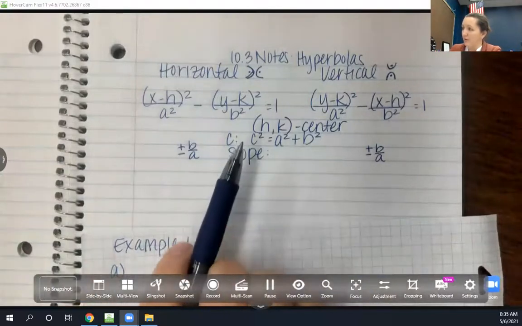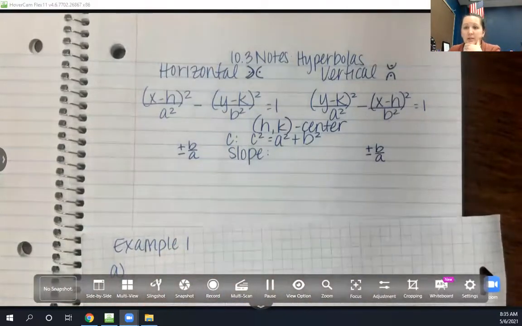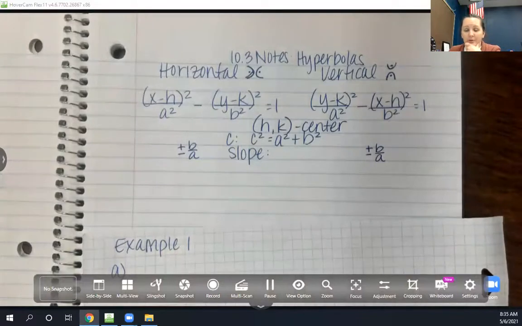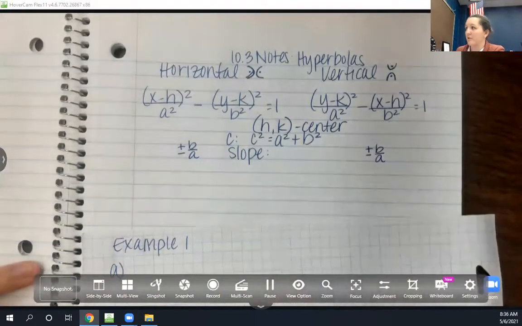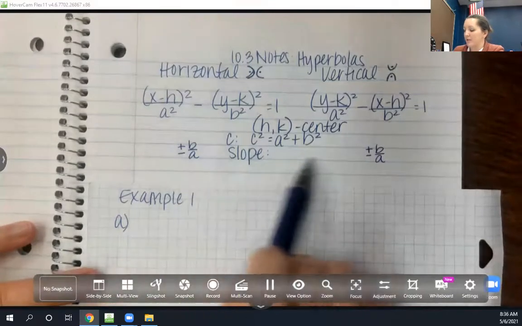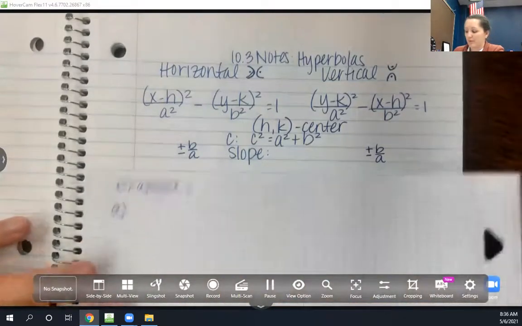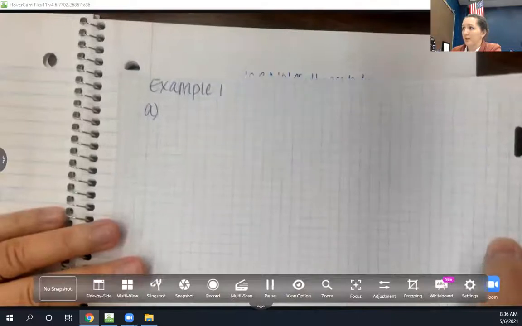So what we will need to do this time is graph our asymptotes. That's going to be a little bit different than our ellipse. We didn't graph asymptotes for ellipses or circles, but we will for hyperbolas. There are some steps we're going to follow for graphing hyperbolas. Let's jump in, and we'll talk about what this slope means when we get to those asymptotes. So our example number 1,